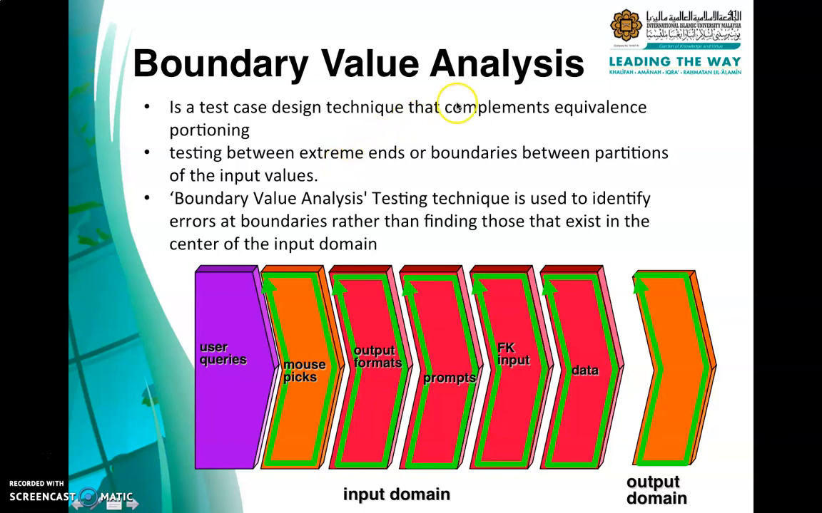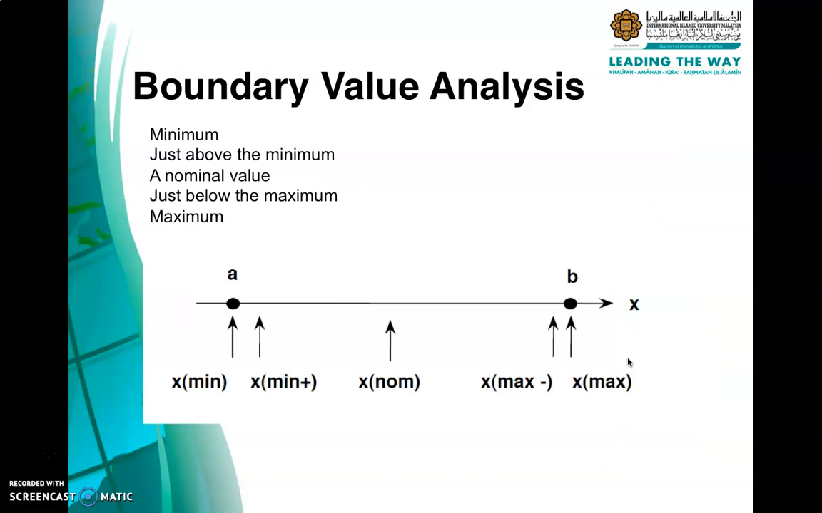So the boundary value analysis testing technique is used to identify errors at the boundaries rather than finding those that exist in the center of the input domain. It checks the extreme ends of the input domain and observes the output. Say, for example, the input condition accepts values in the range between A and B. By using this boundary value analysis testing method, we can